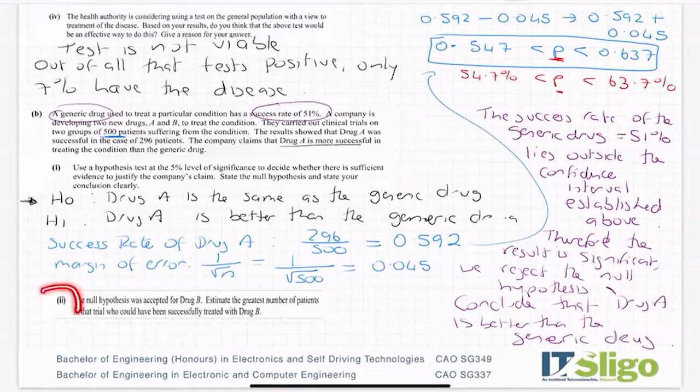Right, part 2 then. The null hypothesis was accepted for drug B. Estimate the greatest number of patients in that trial who could have been successfully treated with drug B. The null hypothesis was accepted for drug B, so we stated that drug B is the same as the generic drug. So for the generic drug then,